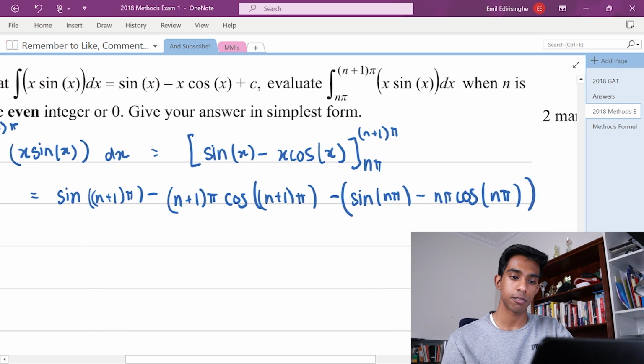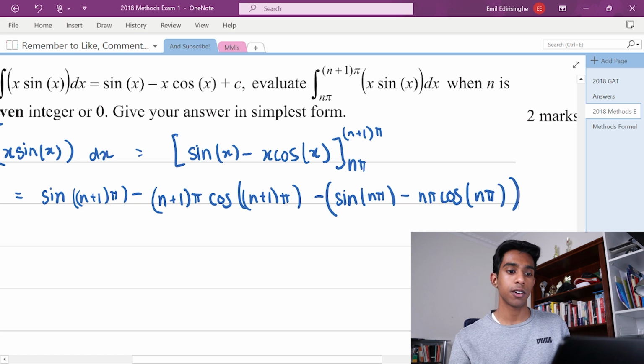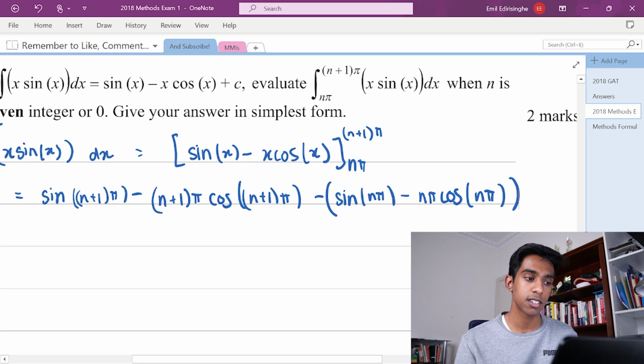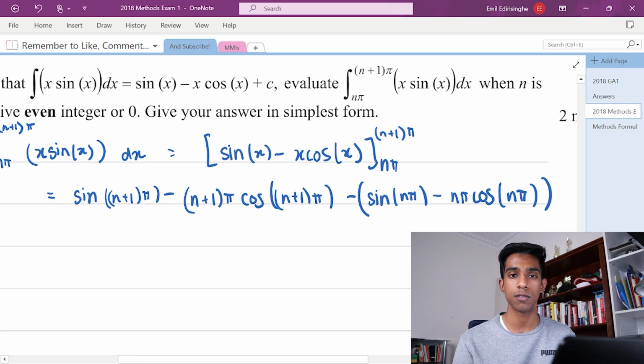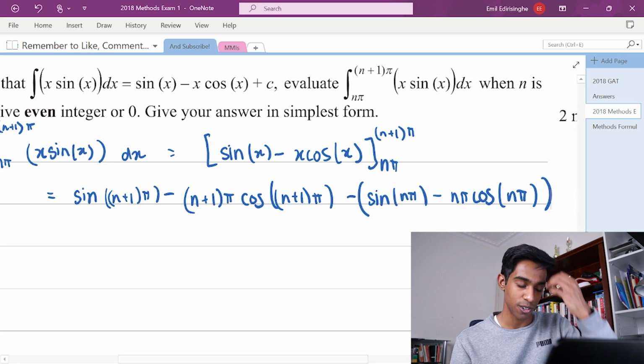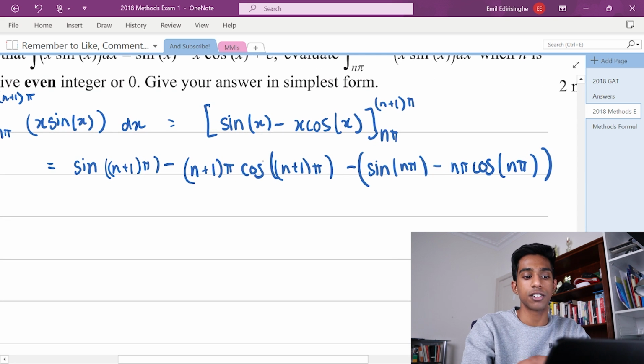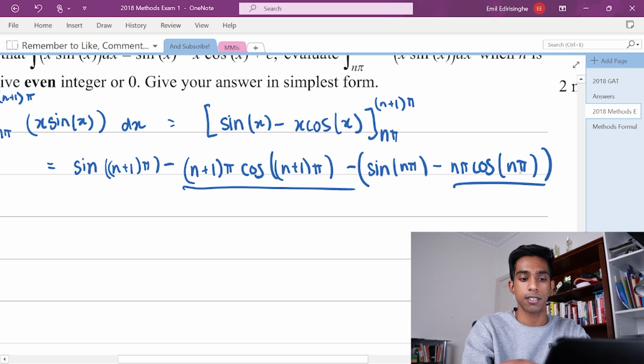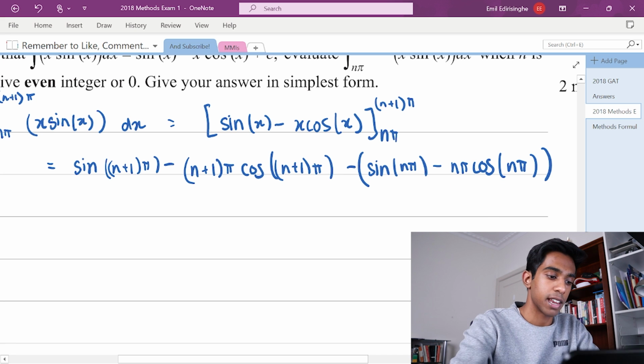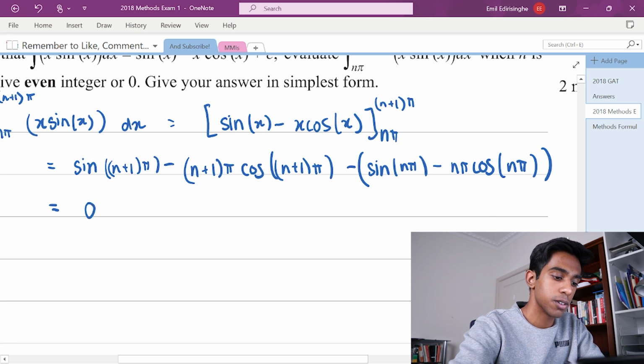So the first thing that we have to realize here is that sine of n pi is always going to be 0 because n is an integer, and sine of 0, sine of pi, sine of 2 pi, they're all equal to 0. And that also applies with sine (n plus 1) pi, because sine of 3 pi, sine of 1 pi, they're all equal to 0. So essentially the only part that matters is these cos parts. So then what we end up getting is 0 minus